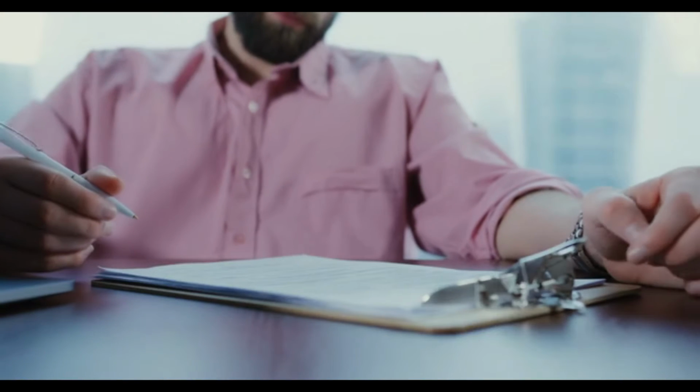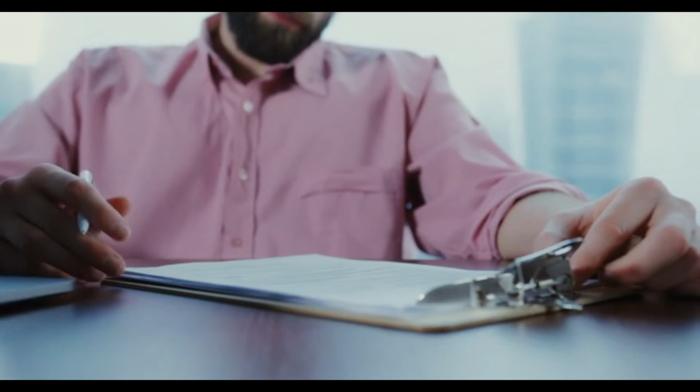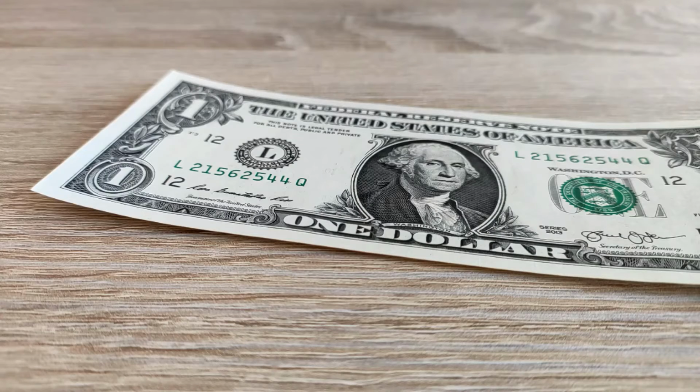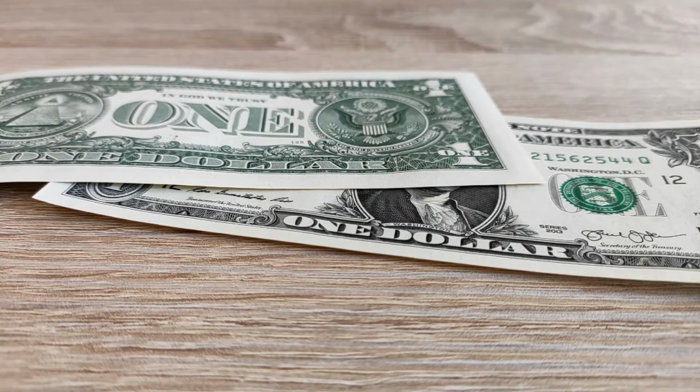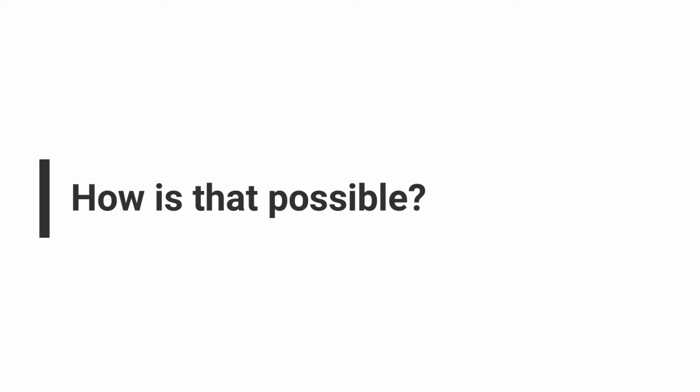Step 1, you sign the loan. Step 2, the bank writes numbers to your account. 95 to 97% of the money supply is created this way. I'm sure you're saying, come on, how is that possible? There is no way the bank can just write numbers to my account when borrowing.